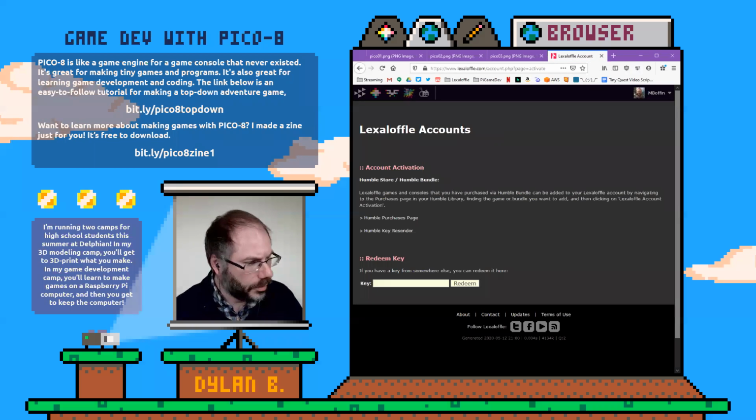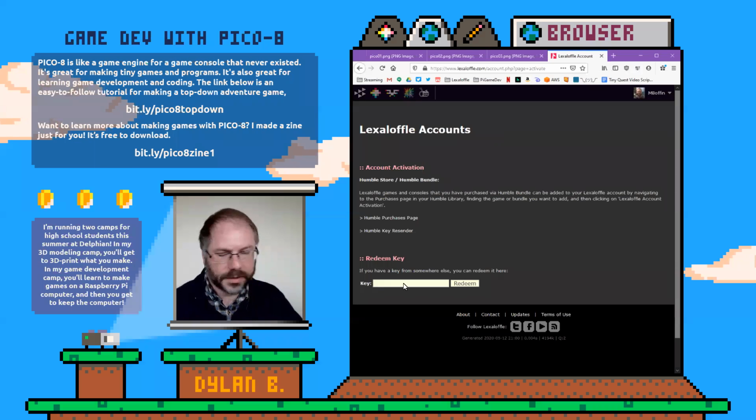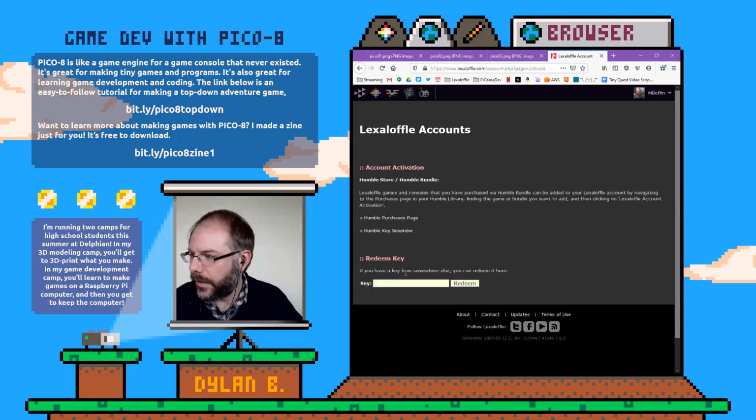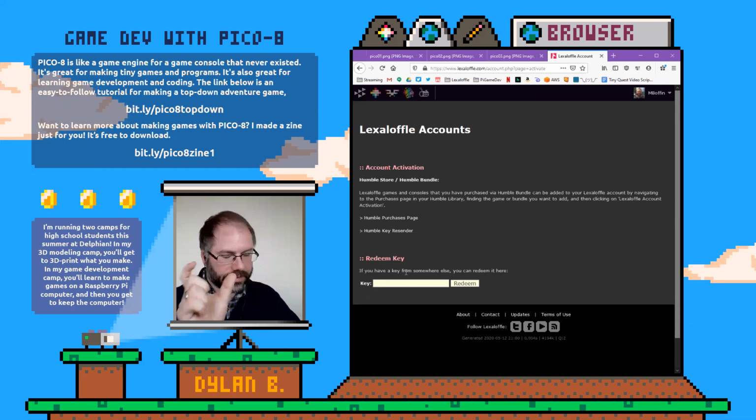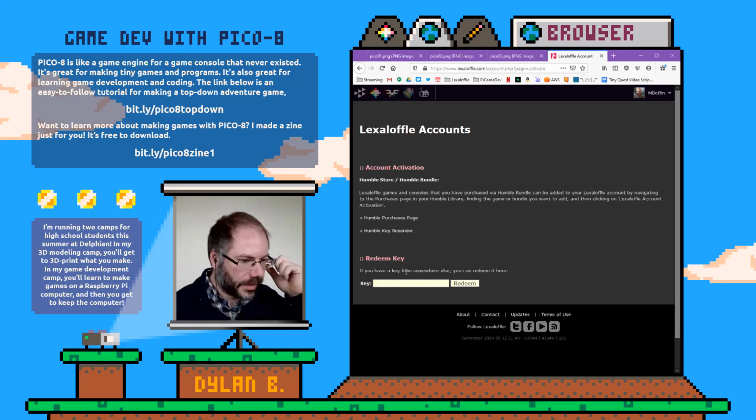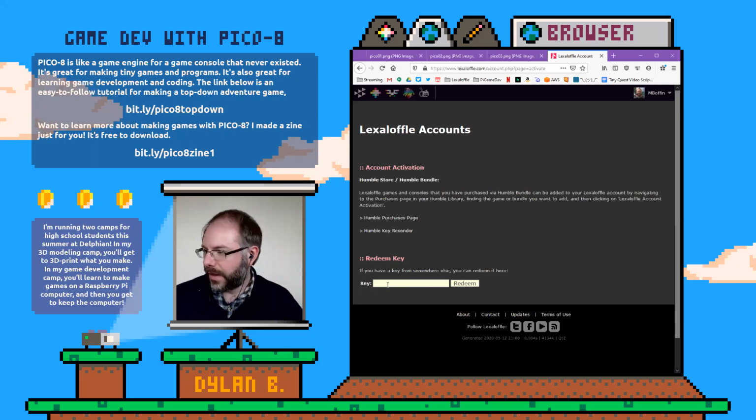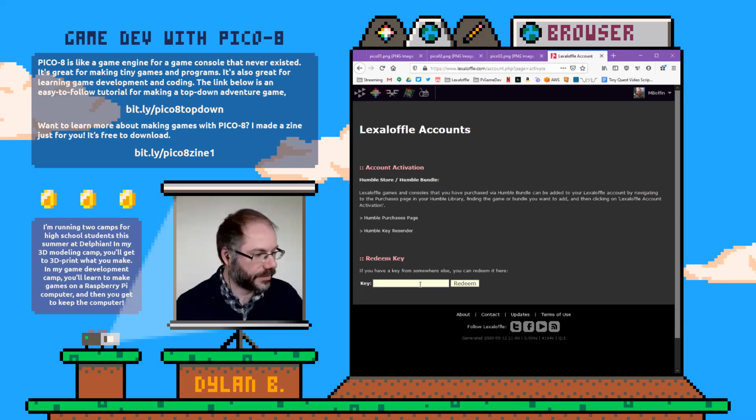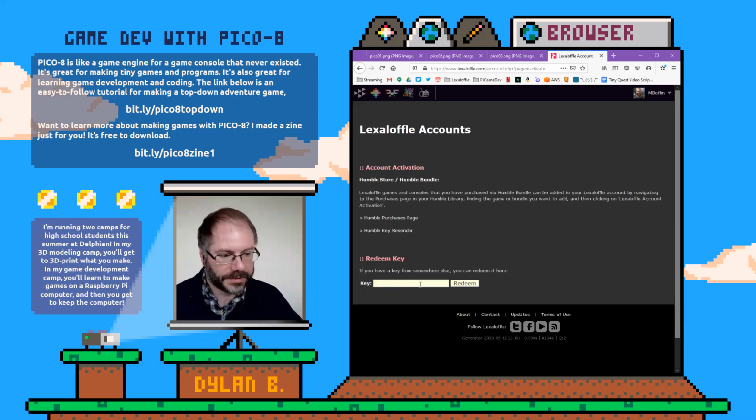And then down here where it says key, that's where you put the key that you got in the email, that big long thing. It starts with edu something something, and you type that into here, or you can copy and paste it, which is better because you won't make any mistakes. Once you've done that, it says this.